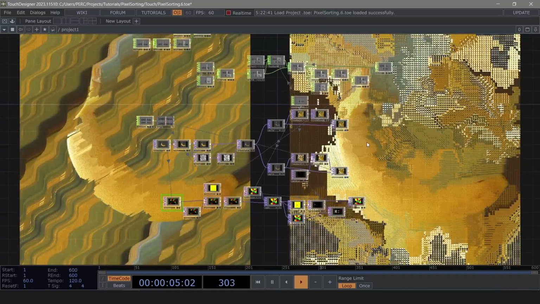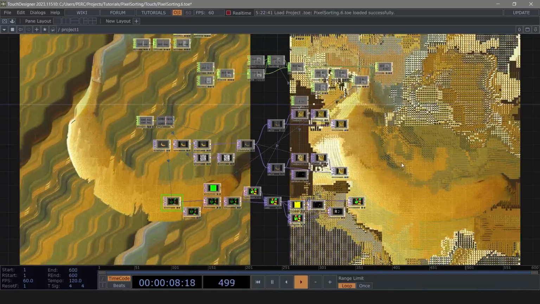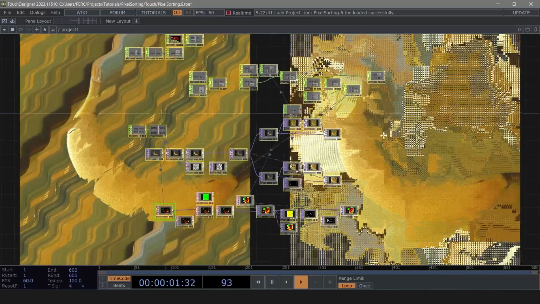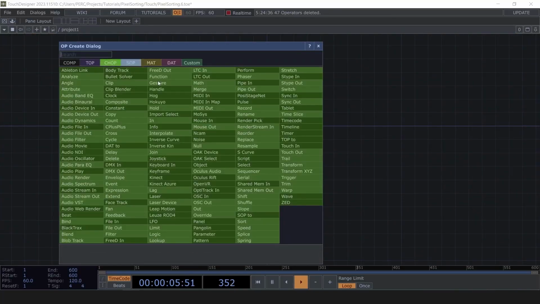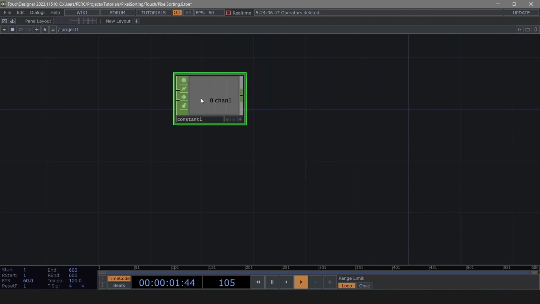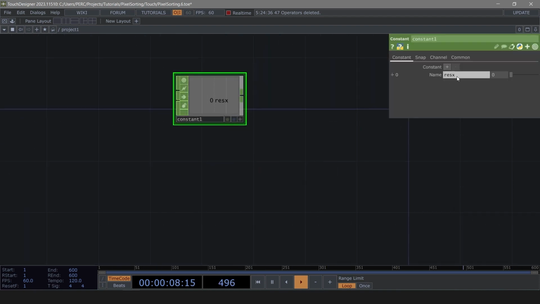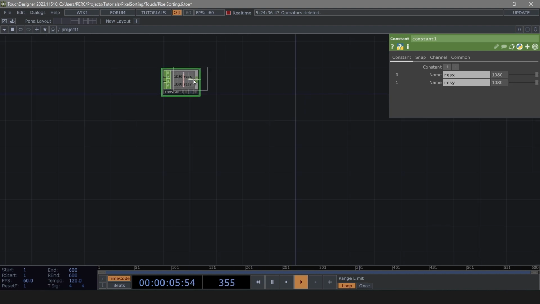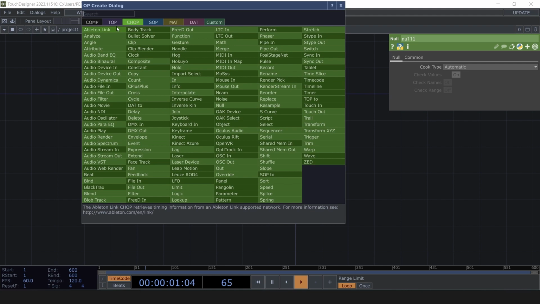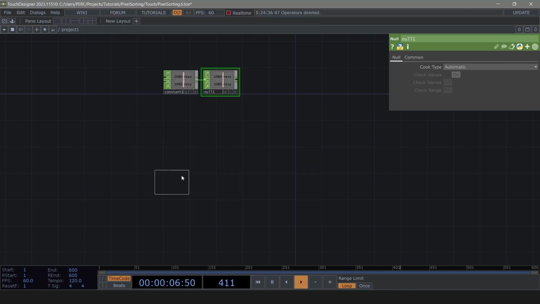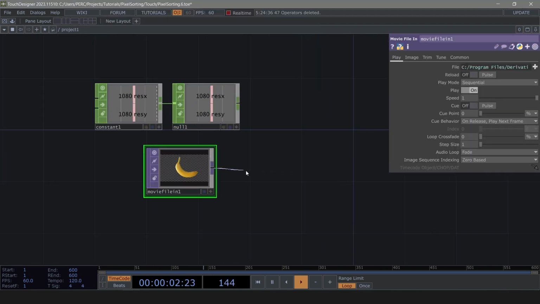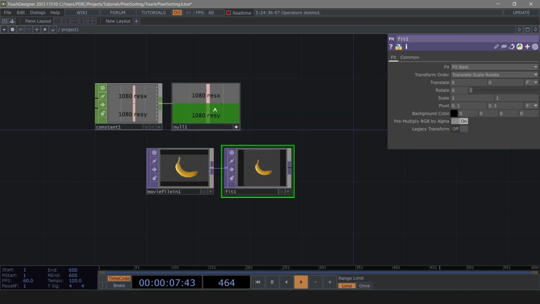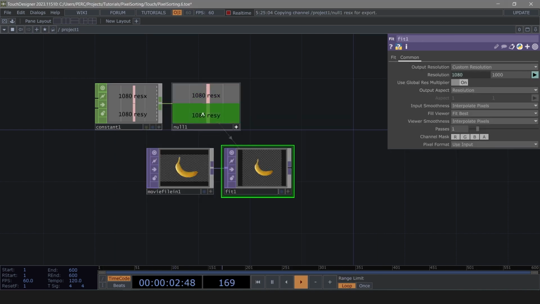So we can start now. I'm gonna delete everything and start with a constant over here to set up my resolution in X and Y with 1080 by 1080, and let's get a movie file in. We can make it the size of our resolution,